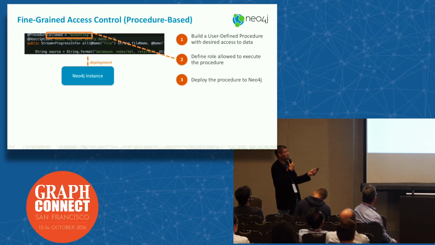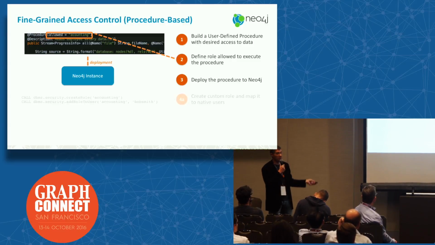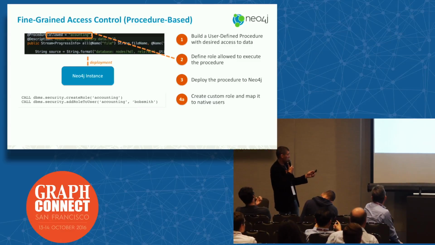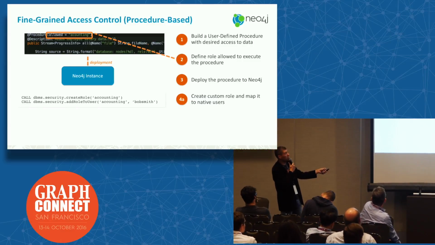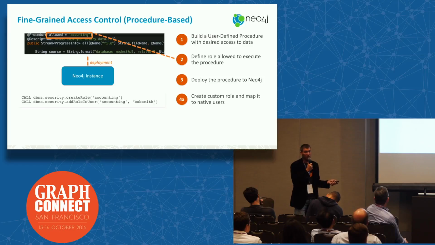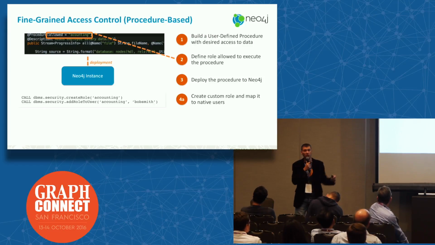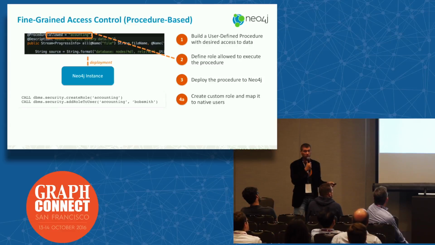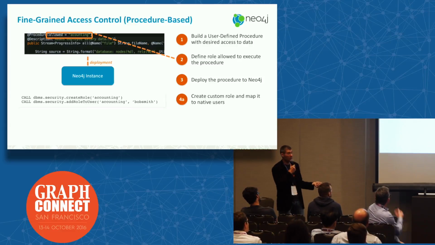You deploy the procedure into the Neo4j instance, put it in a lib directory, restart the instance, restart the service on a cluster, and then you create a custom role called accounting, and then you add the role to the user. Accounting is being added to Bob Smith. If you're using native users, the accounting will actually show up in that drop-down menu. You're going to have reader, publisher, architect, admin, and you're going to have accounting in that list of the roles. Okay? If you're using LDAP,